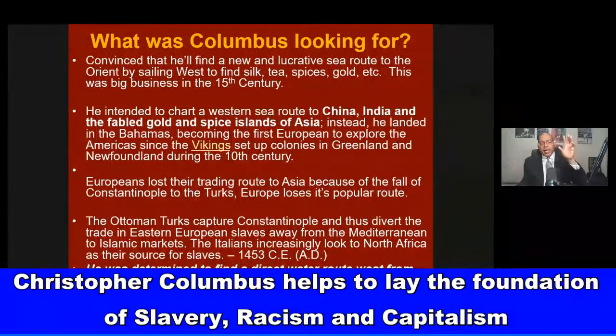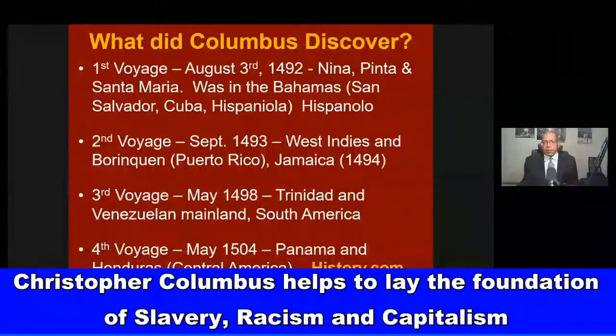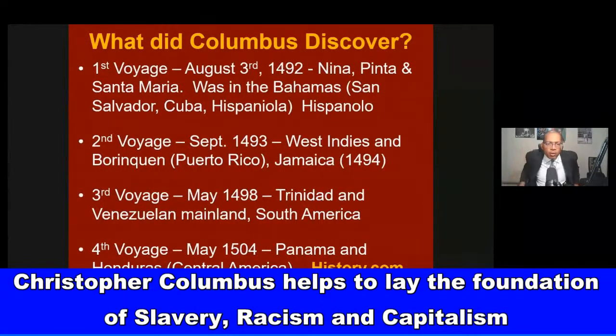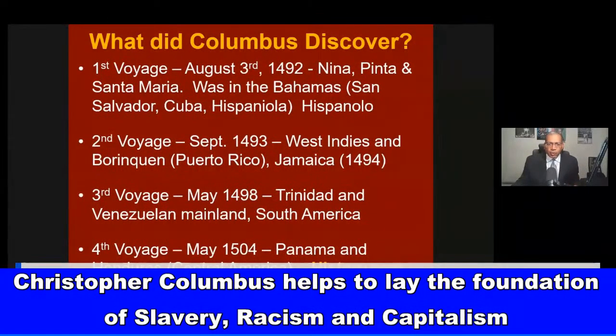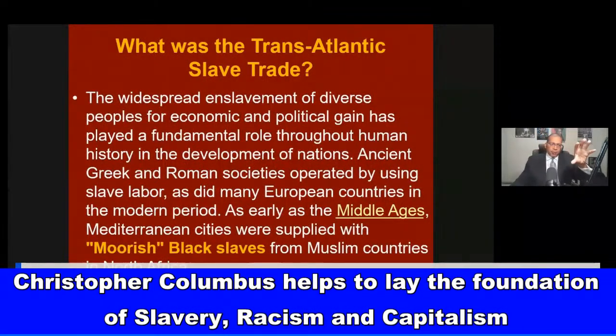Columbus never found that direct water route from the west going east that he was looking for. When we look at where he goes on his 4 voyages, he never comes to the land we call the United States of America. He goes into Cuba, Haiti, Puerto Rico, Honduras, Panama, the Bahamas, Hispaniola. The western third of the island of Hispaniola is where Haiti is, etc. He never comes to the land we call the United States of America. If you go to history.com and search for Columbus, they have a good chart there. It shows you where he went on his 4 voyages.